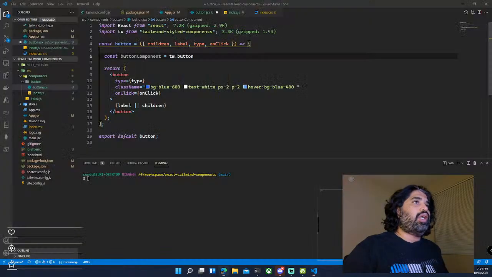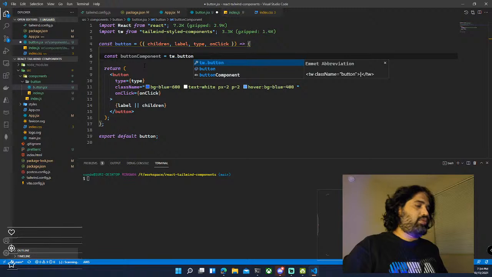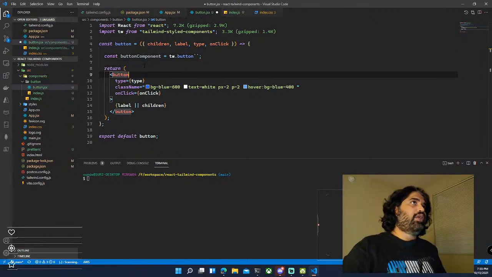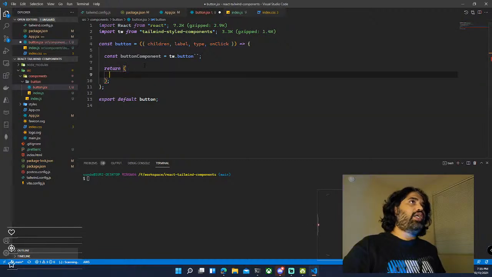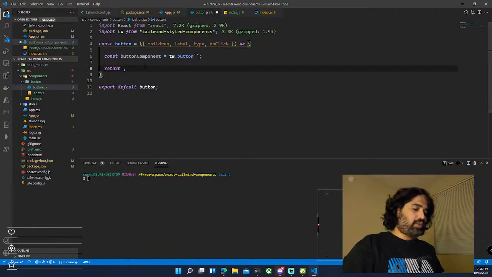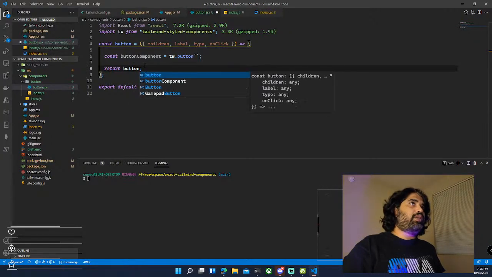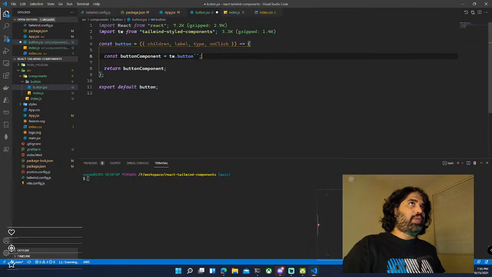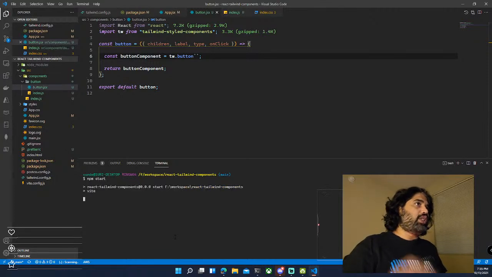So here you do that. Here, what do we do? I'm going to delete that and return the button component. So this way you'll have the button, and if you go to npm start, you'll see the button